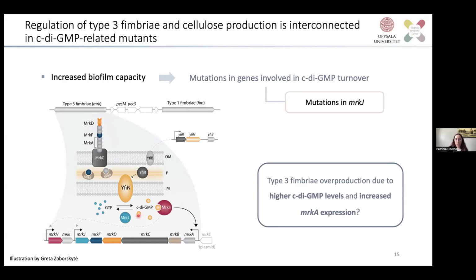However, we don't know exactly what the effect of this mutation on the MRKJ is. Initially we thought that it would perhaps be a loss of function, or at least decreased activity, of this protein. So the hypothesis was that if there's a decreased activity of the MRKJ, which degrades cyclic GMP, the levels of cyclic GMP within the cell will be higher, and therefore the expression of this operon will be higher as well. So we looked at the expression of MRKA by qPCR,